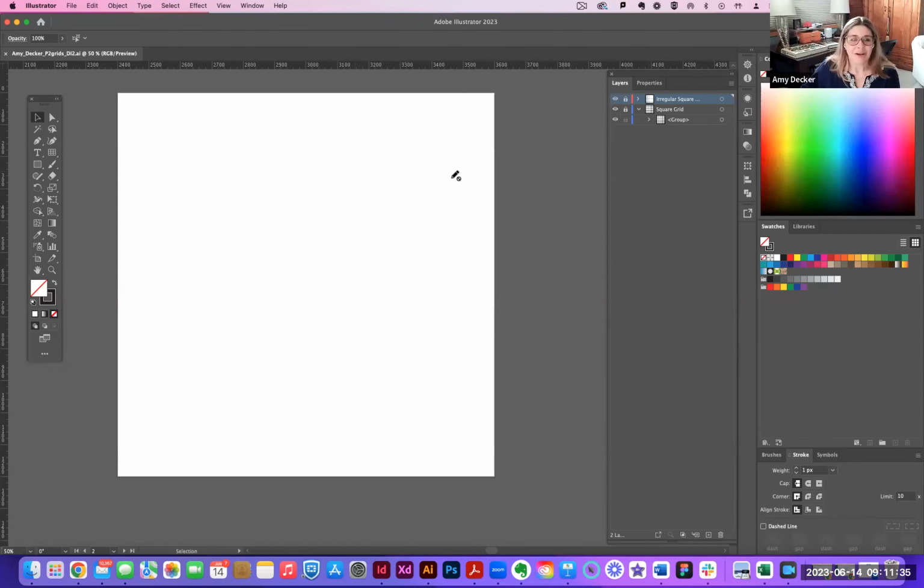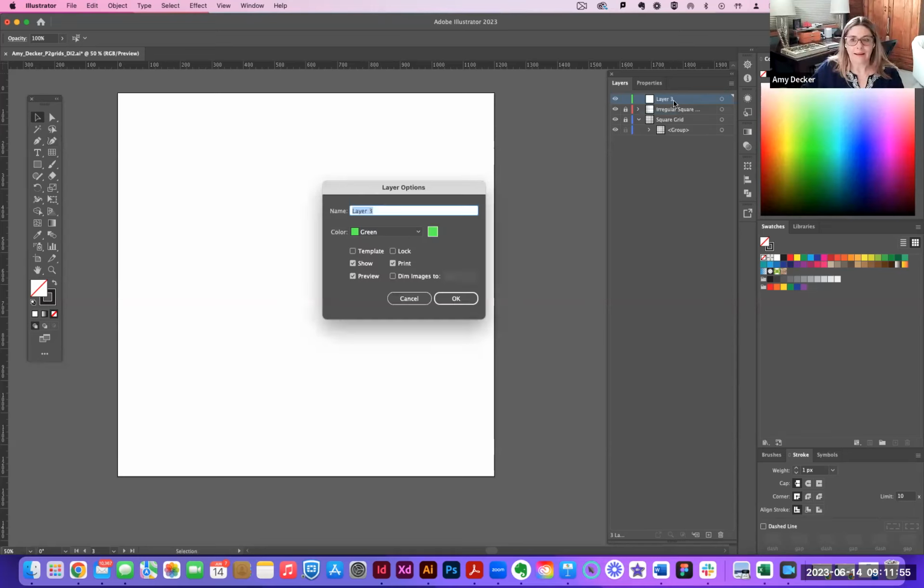All right, here we are back in our Illustrator file. We are on our third artboard. So just like we've done in the past, we're going to start off by creating a new layer. So Command L, Control L if you're on a PC. And we're going to label this polar grid